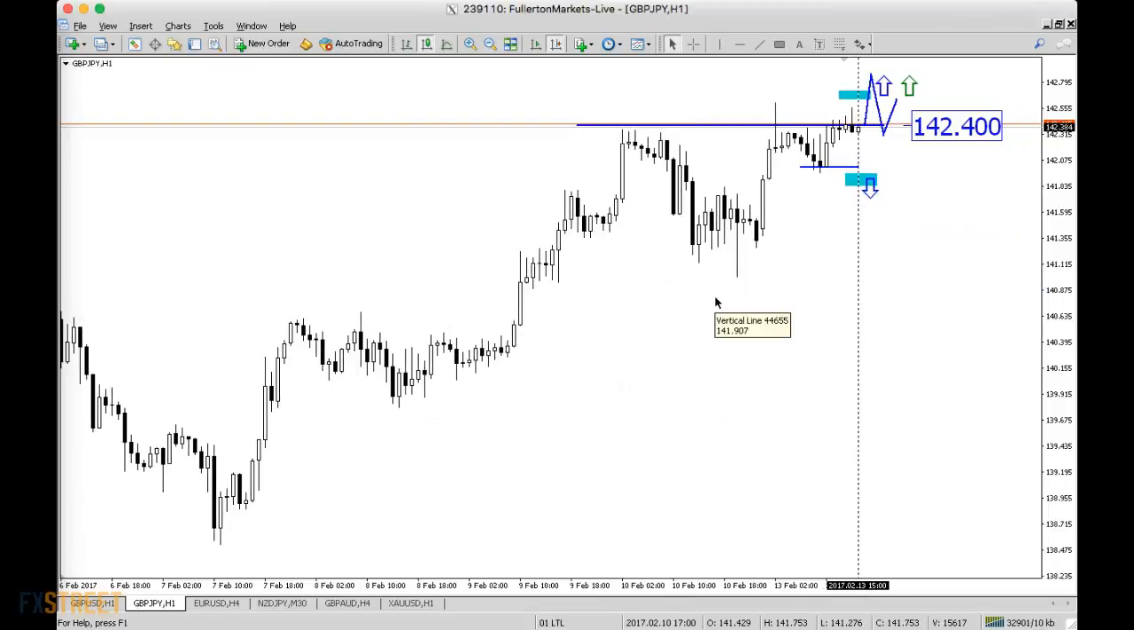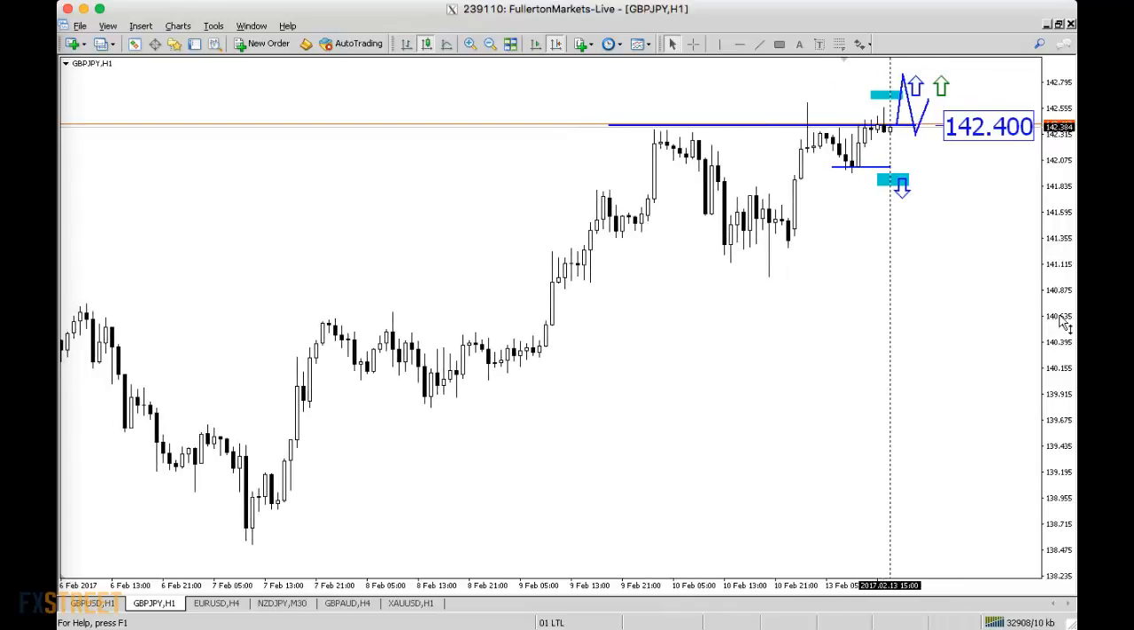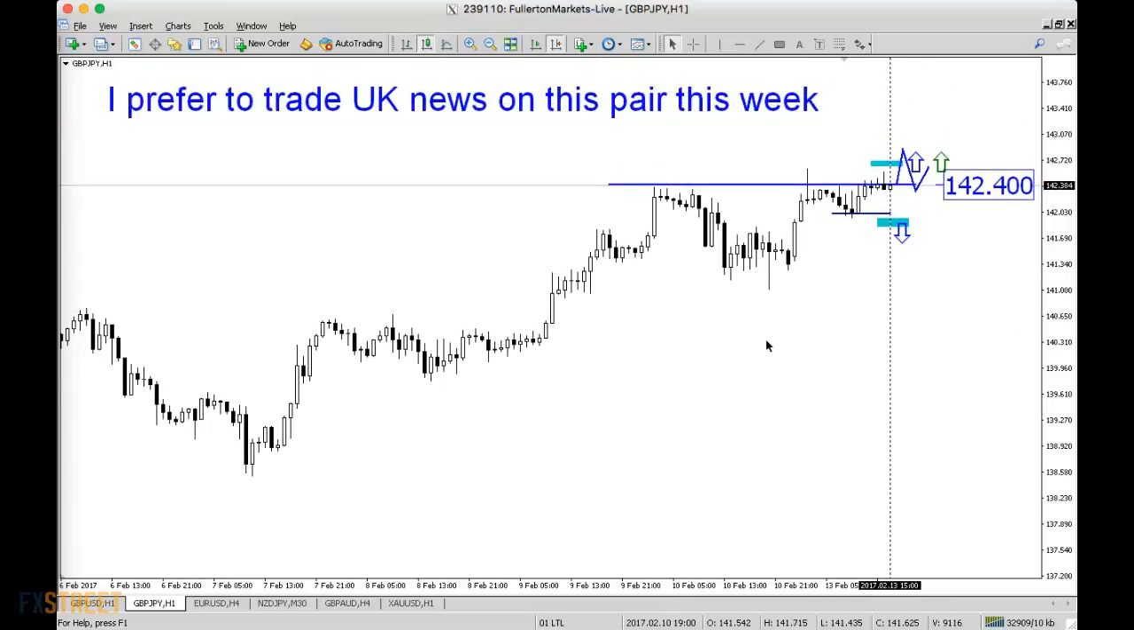Okay, so this is my technical suggestion for pound yen. Again, I'd like to caution: technical trade, usually I don't take it around the news or data time. So if you look at the news calendar,